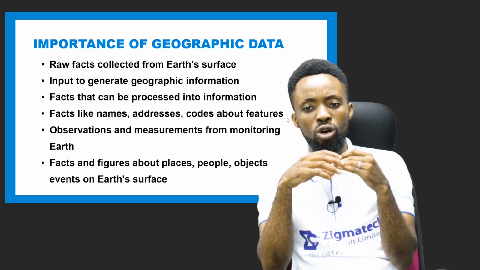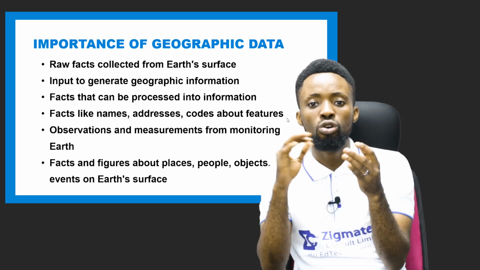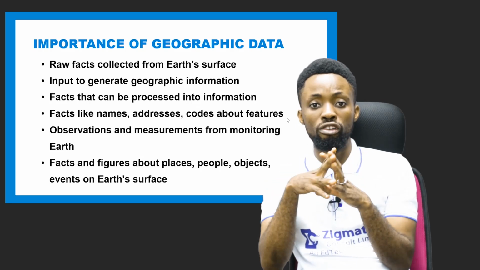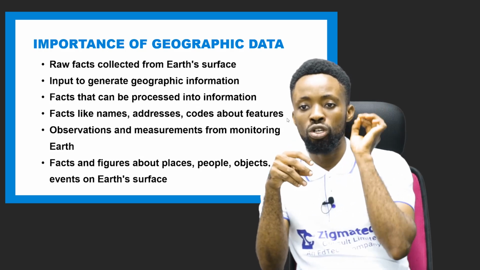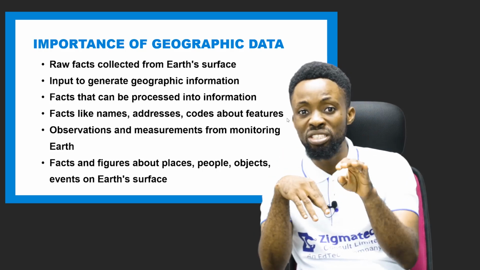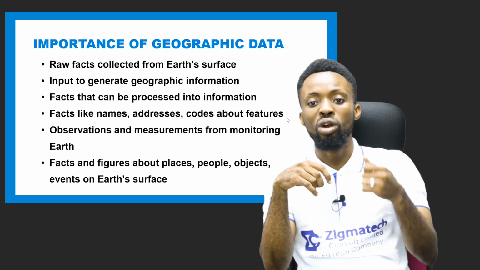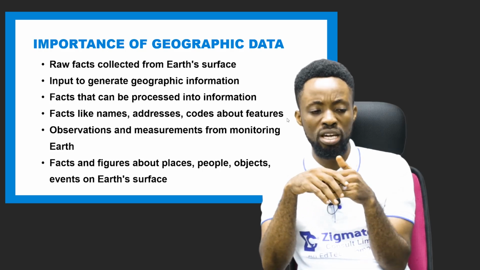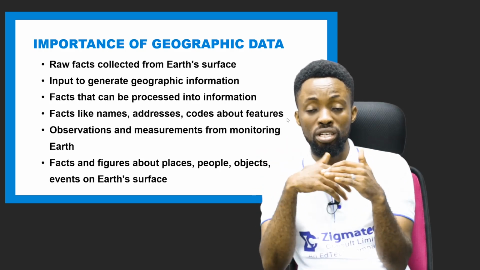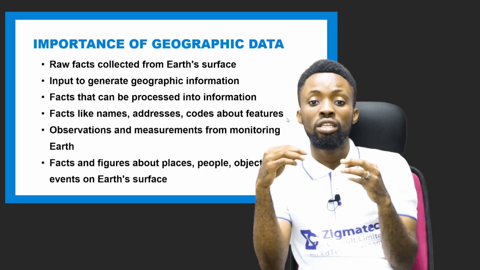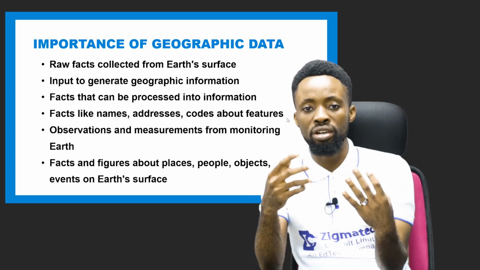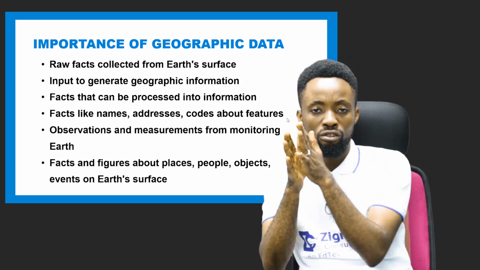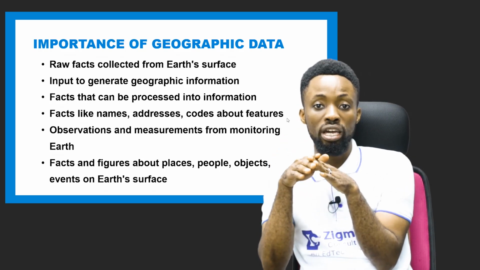So that's one thing that geographic data can do for us. And also it helps us to observe the earth and monitor the earth. So with these findings we get, when we use the various processes or procedures, we can use them to observe various activities, especially natural activities going on on the earth surface, and we can use them to measure their effects. A good example is earthquake, a good example is hurricane, and some of these natural phenomena that happen. Now with the help of geographic data, we can easily predict when they will happen, and we can easily measure their intensity. We can easily reduce their effect on the earth surface.